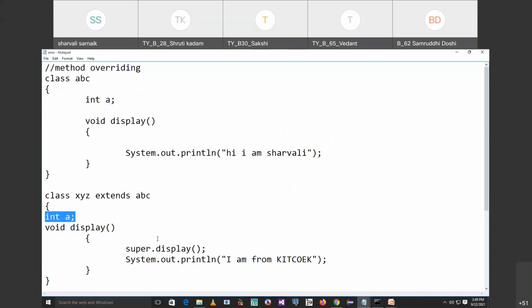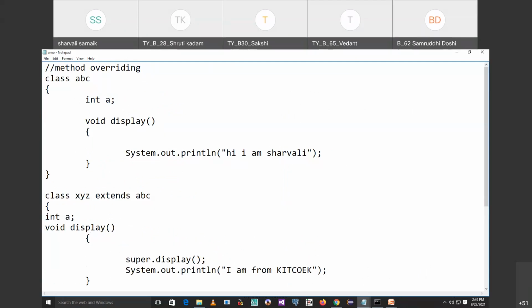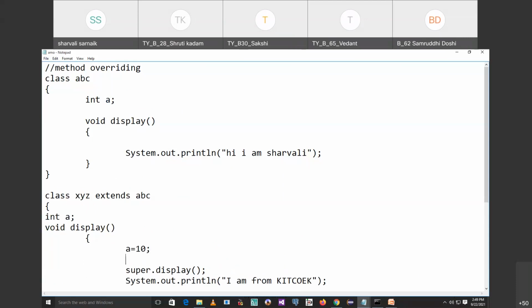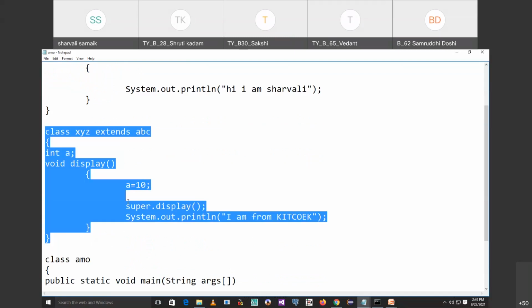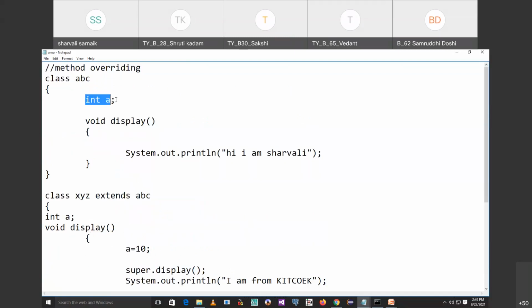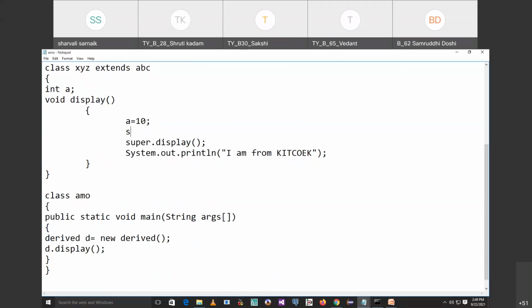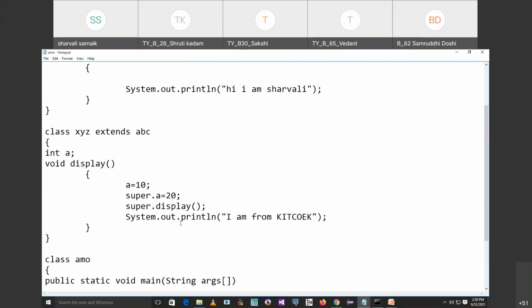Now what I am doing is, in the void display function, I am writing a = 10. Now this a = 10, as it is a local data member, the scope of this will be only related to this class. But now I want to access this a which is outside the class XYZ. So if you want to access the base class data member, then I have to write super.a = 20. And now I will print the values of a and b.